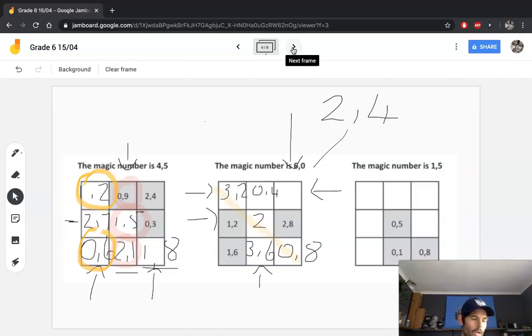Okay, right, last one. I'm going to go in the middle. I need to get to 1.5, so that's going to give me 0,9. Okay, I'm going to go diagonally. And 0,5 and 0,8 is going to give me 1.3. So that's going to be